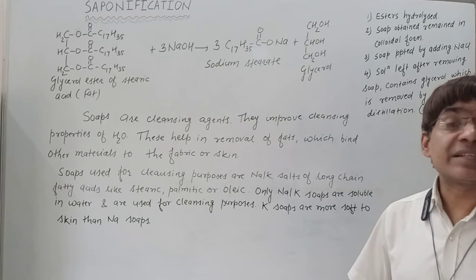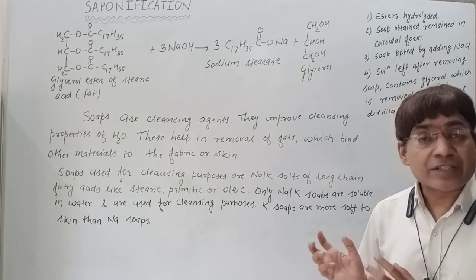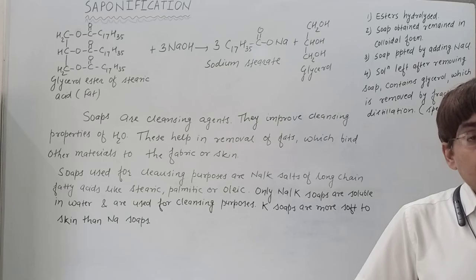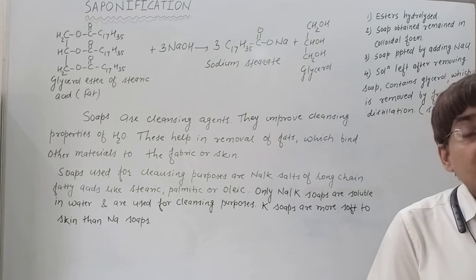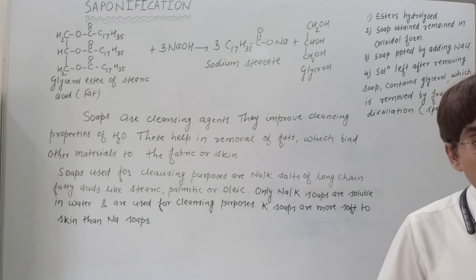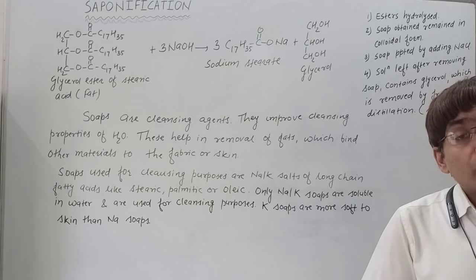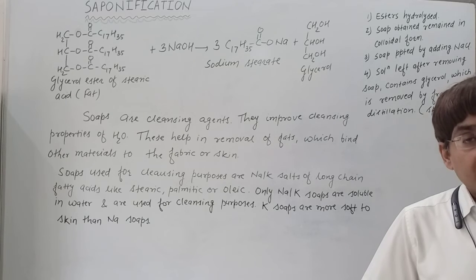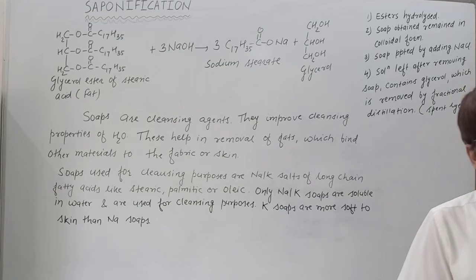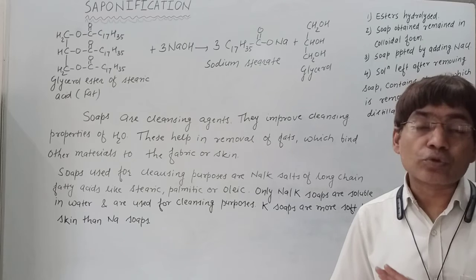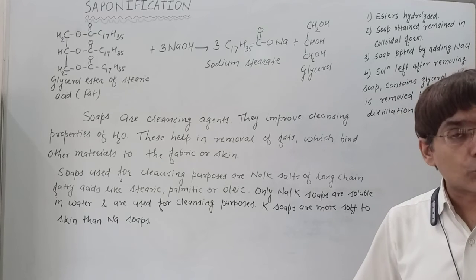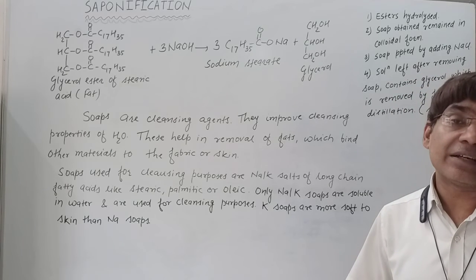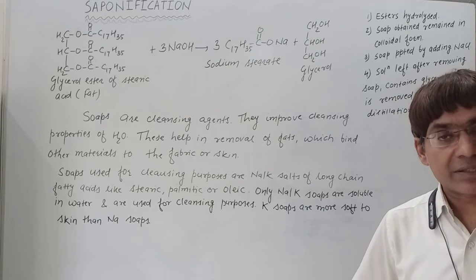Fine. So the fats which are present on the skin or fabric need to be removed. We use soap because that fat was inviting more dirt particles on the skin or the fabric, whereby they were getting more dirty. So to make them clean, we use soap rather than normal water, because normal water cannot remove that fat as efficiently as soap does.